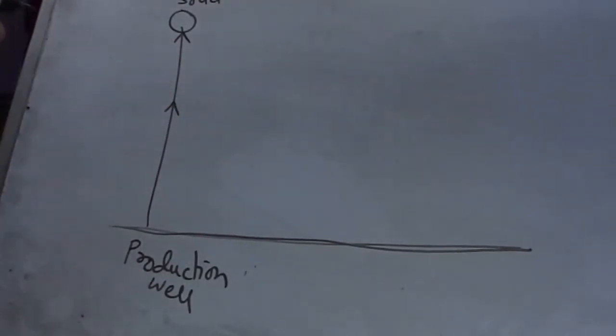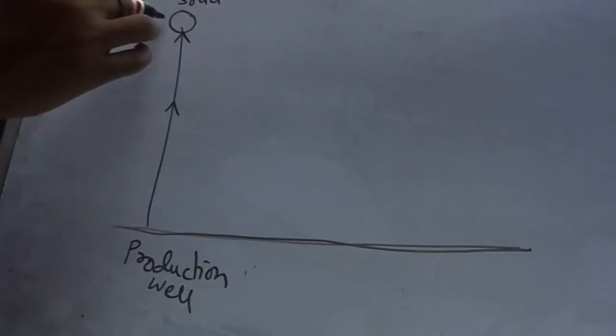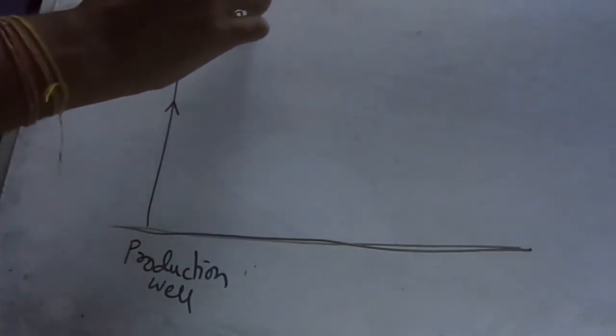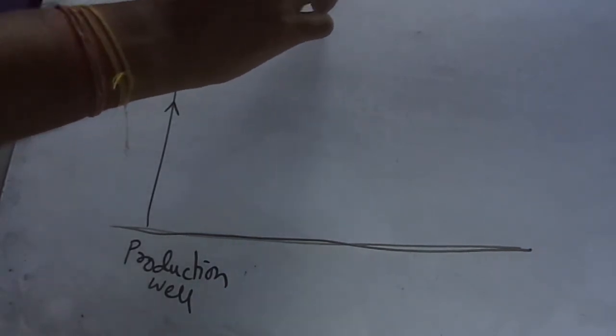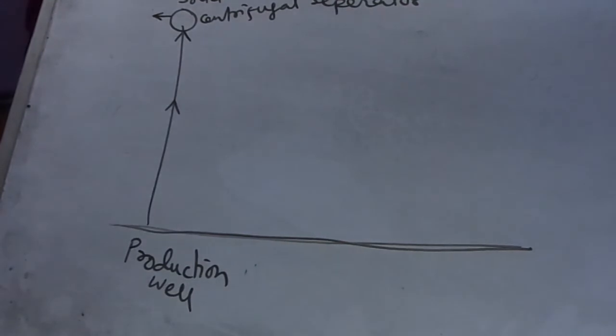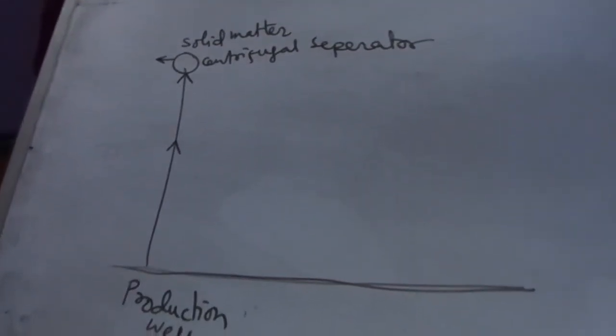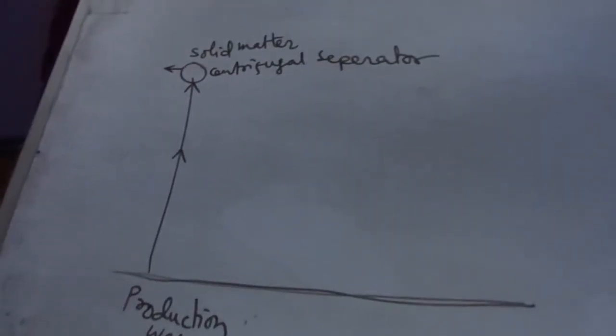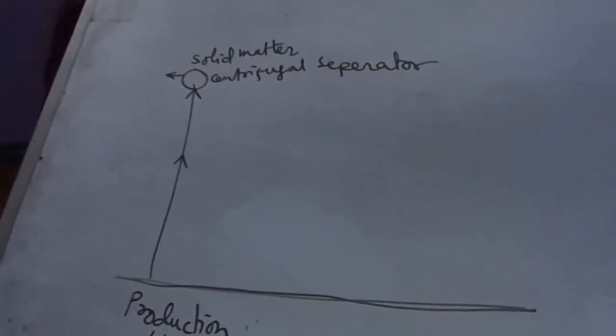Another one is the centrifugal separator, centrifugal separator and solid matter, and one line, dry steam,